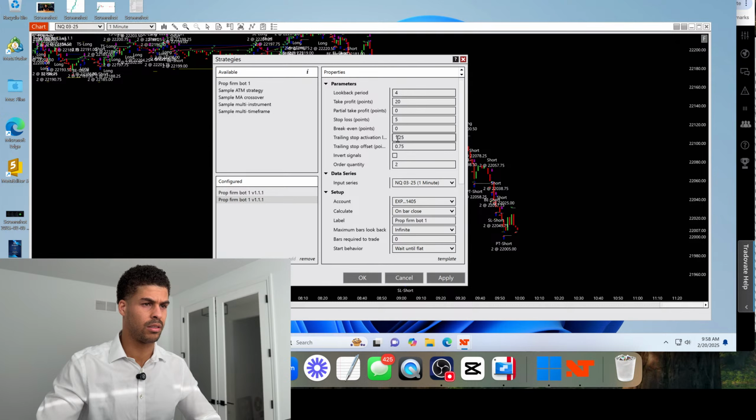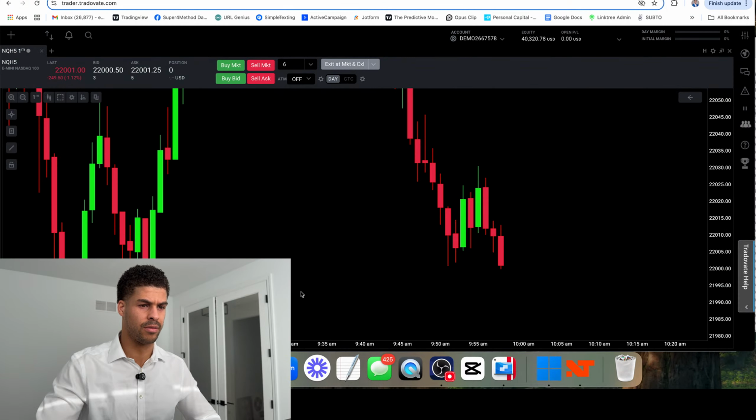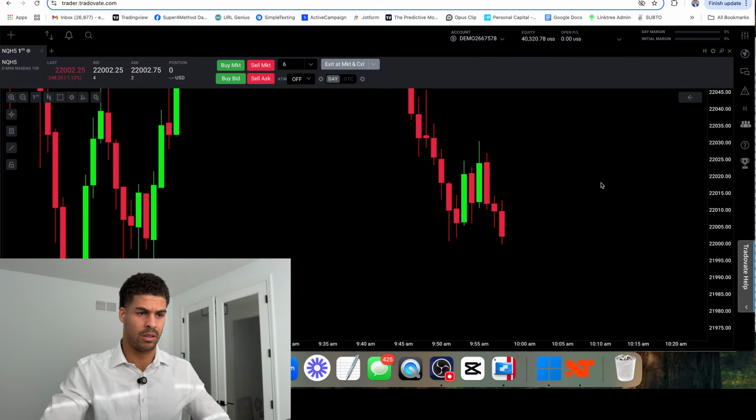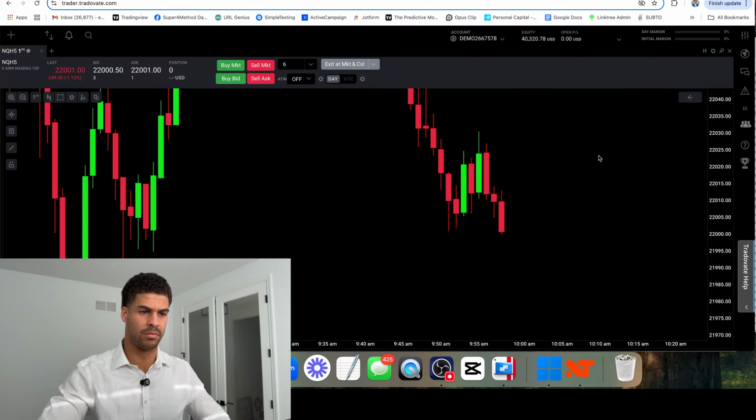So let's see. Okay. How do I want to handle this? See if we get a new trade here. Should, as long as this one closes as low as it is. See what we got. See if we can break that low. If we do, we have a chance. Do something special here.